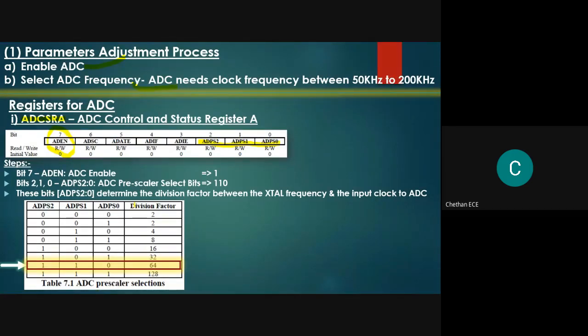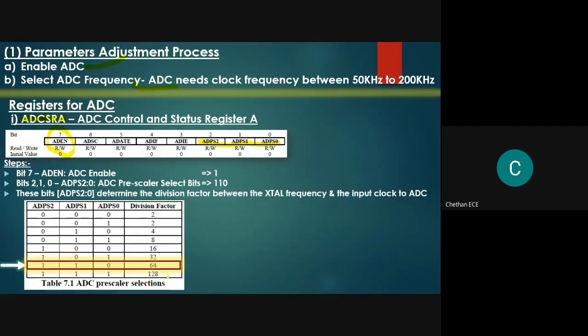The main reason for doing this prescaling is to ensure synchronization between the microcontroller and the ADC. Not only is this prescaling value sufficient, we can also try increasing and decreasing the speed of operation, reducing and increasing the clock frequency by a factor of 32 and 128. If you choose 32, the operating frequency will increase. If you divide the core frequency by 128, the clock frequency will reduce further.